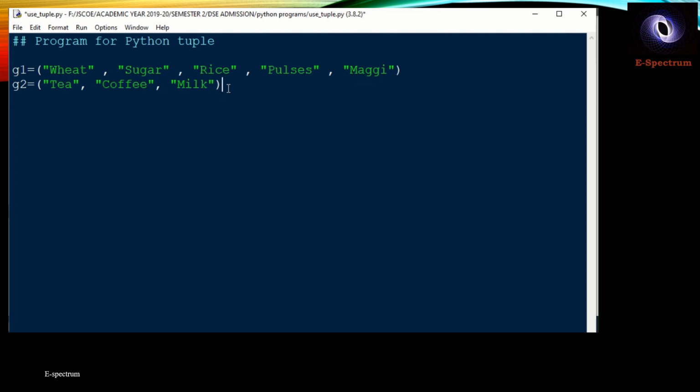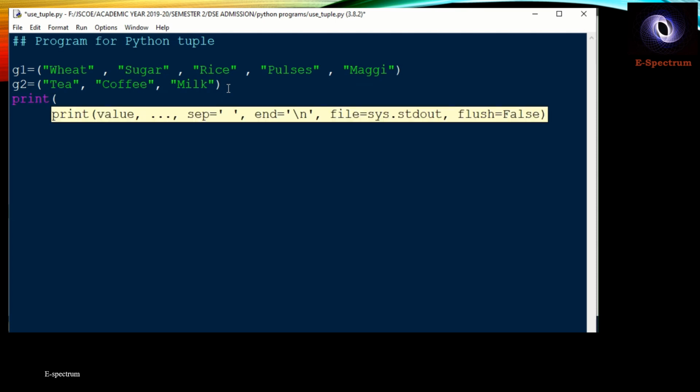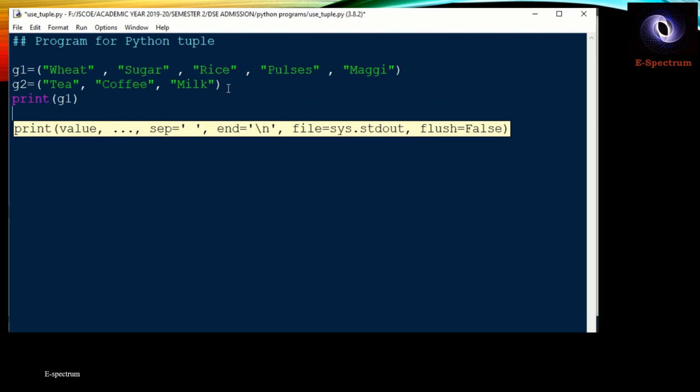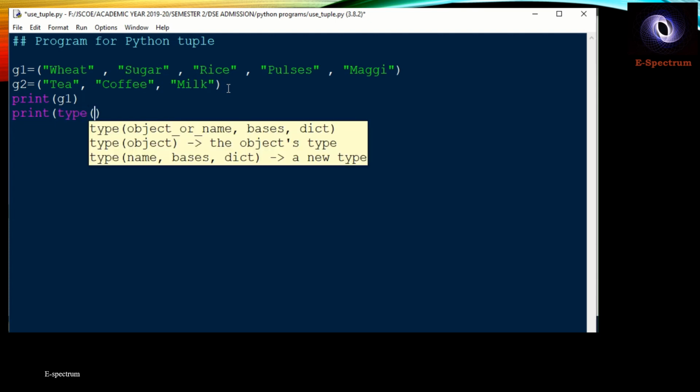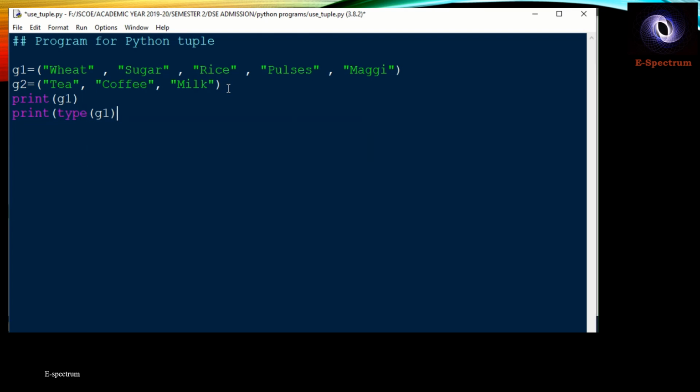Let us print these two. The printing is the same for G1. Then we want to understand which type of variable is created. For this the format is type of G1, so that we can understand what is the type of G1.